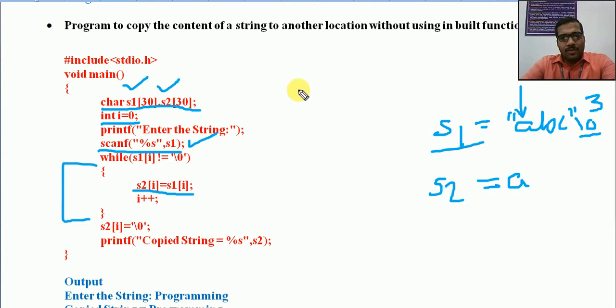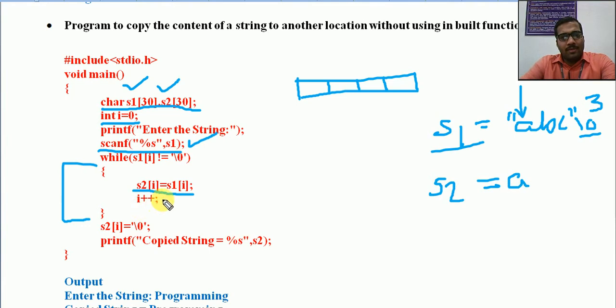Remember, the problem with strings is we cannot entirely copy a string into another string by using equal to. Individual characters can be assigned by using equal to. So our aim is to completely copy this string. Internally, individual characters are to be assigned. So s2 of 0 is equal to A.